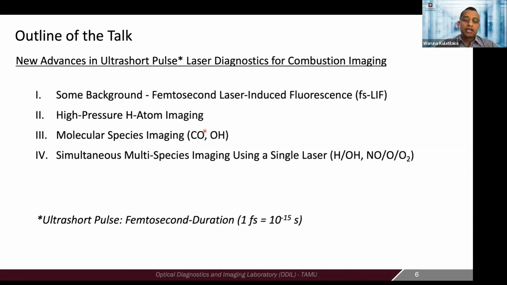And then even most recently, we can take advantage of the broad bandwidth of these lasers, which I will talk about a little as we go on, to measure multiple species simultaneously. So for example, we have measured 2 species or 3 species at the same time using a single laser source. So this becomes a significant advantage when we go into chemical analysis of combustion systems, for example. So let me start with some background. This is work starting about the last 10, maybe more like 15 years or so, and then we will go into the next step, more recent work.